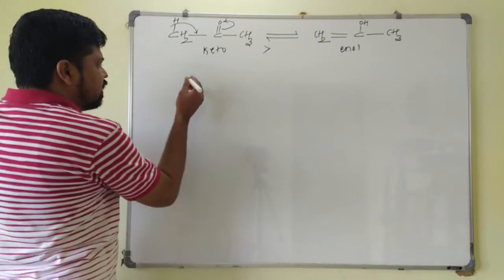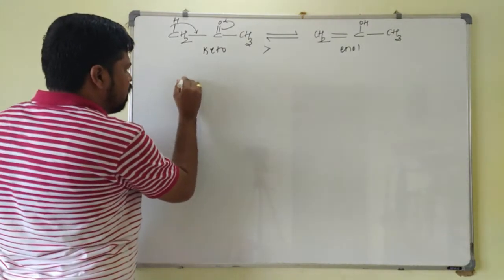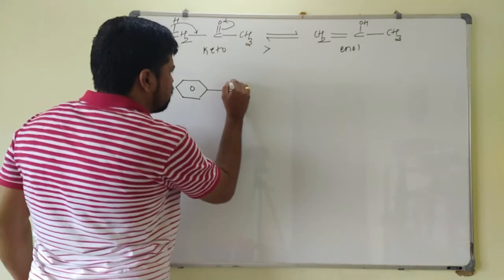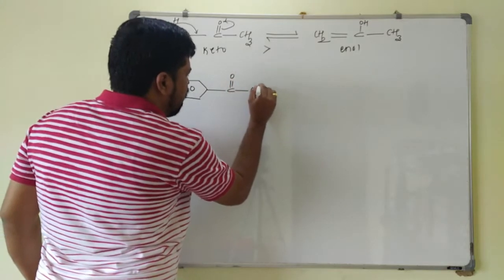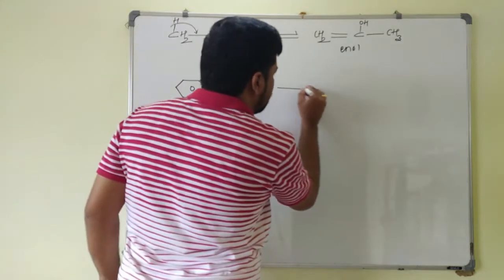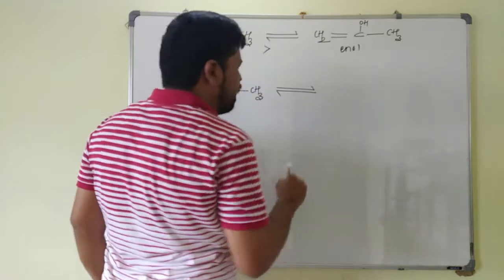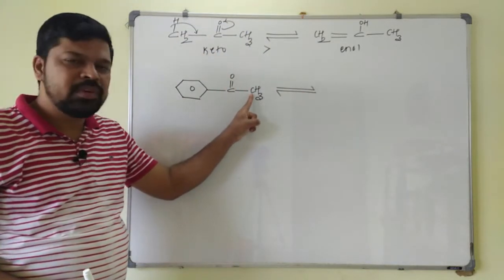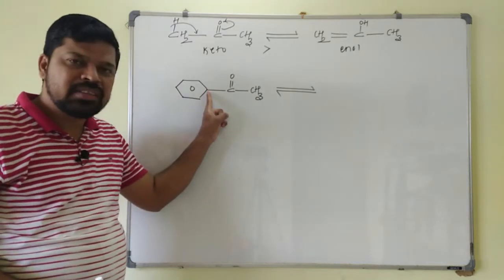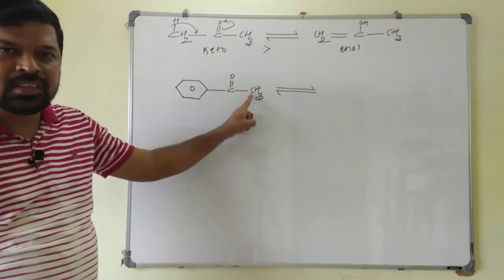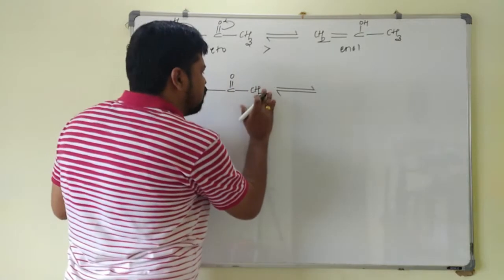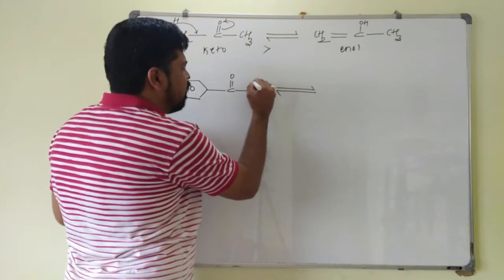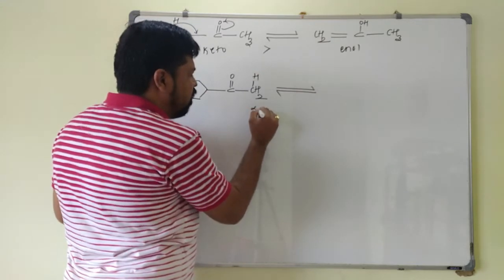So now another example you can write like this also. See here, this will be your benzene ring like this, and here you write C double bond O, and another CH3 you can write. So this will be in equilibrium with, is it a keto form here? See here, heteromultiple bond, next carbon atom is what? sp3. This carbon atom is sp2. This is not alpha carbon. We will consider this one as what? Alpha carbon atom. So here one of its hydrogen will be shifted to what? This one here. So this is your alpha carbon atom.